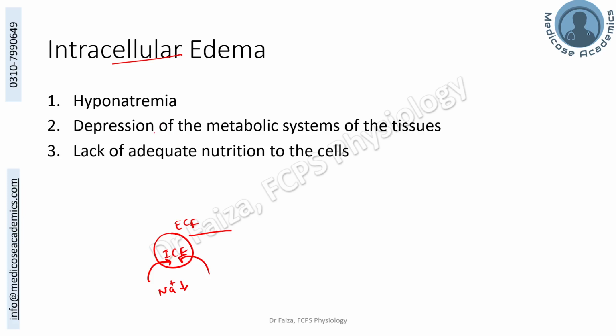This can occur in case of depression of the metabolic systems of the tissue. For example, the sodium-potassium pump, which otherwise operates at all the cell levels, exports 3 sodium outside and brings 2 potassium inside. If, because of certain reasons, for example, some antagonist of the sodium-potassium pump or unavailability of the ATP, the sodium-potassium ATPase functioning decreases, it would be difficult to keep the sodium outside. Rather, it will enter inside the cell and water will also follow this, resulting in the increased cell size in